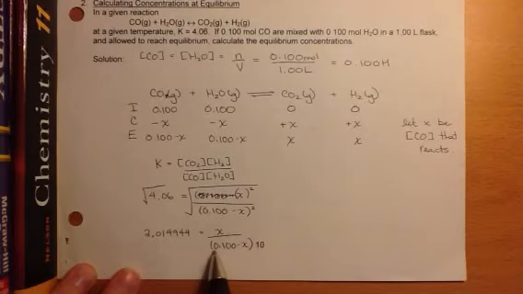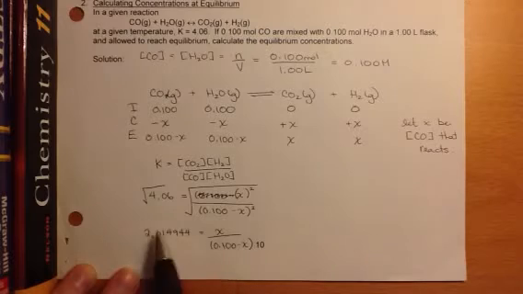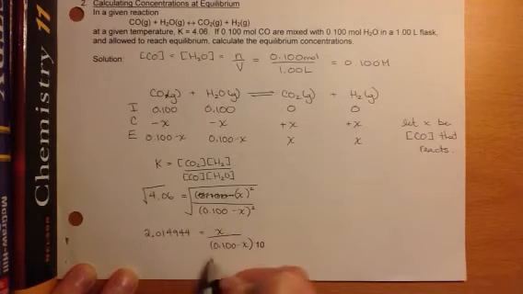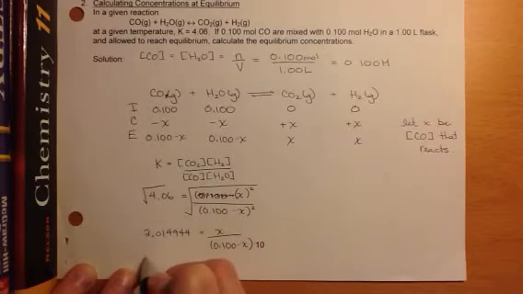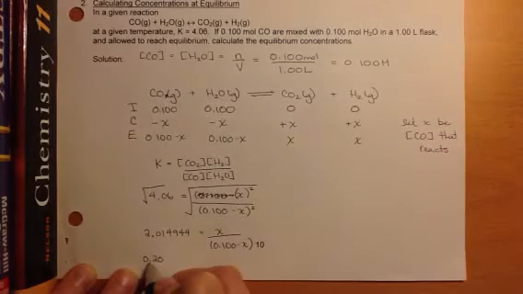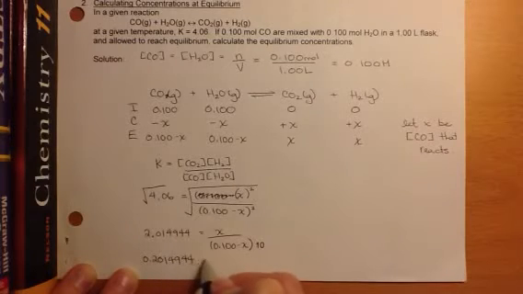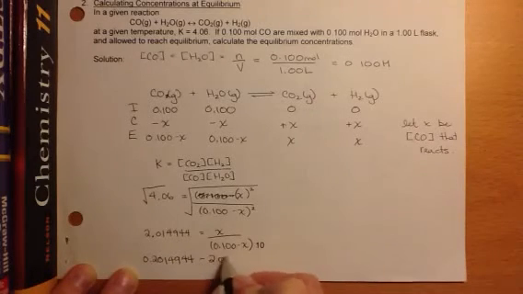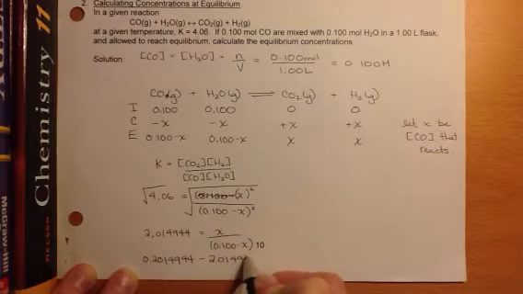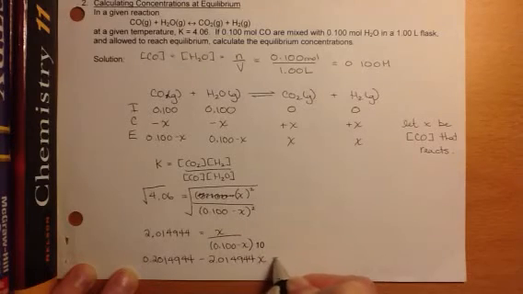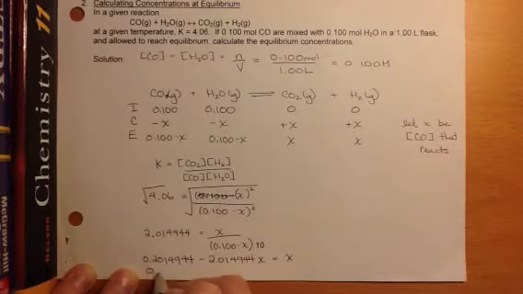We have to get rid of the 0.01 minus X on the denominator here. So that means we have to multiply this by both things in our equation. So that means we're going to have 0.214944 minus 2.014944 X equals X. Simplifying further,